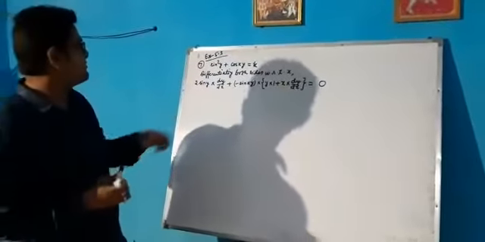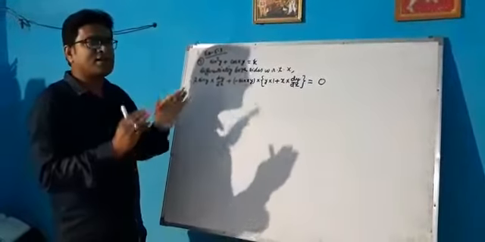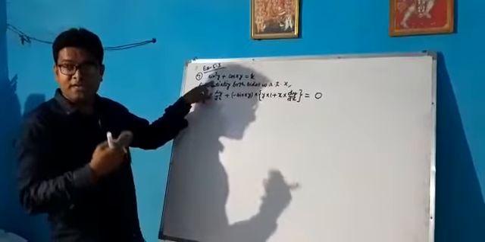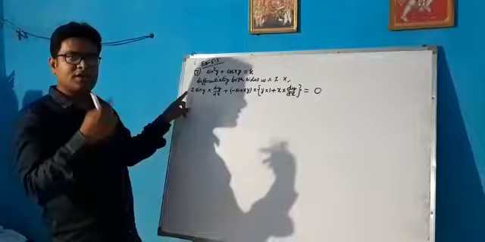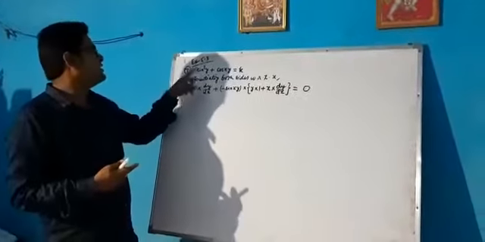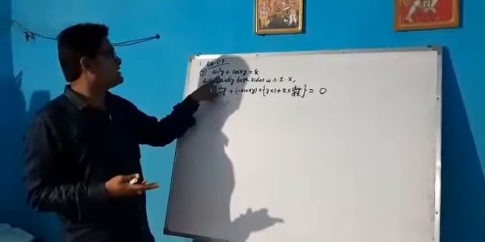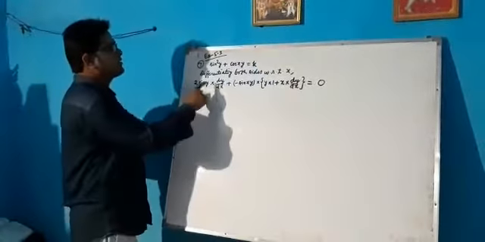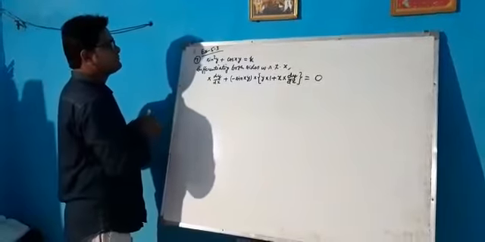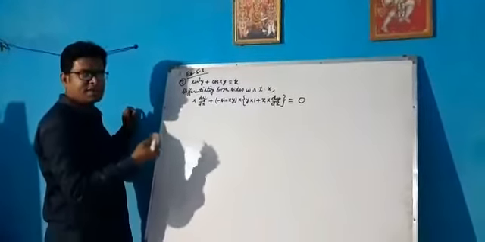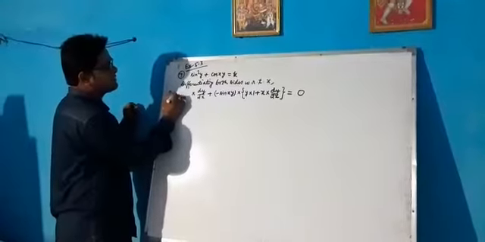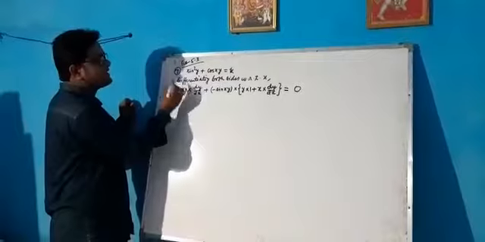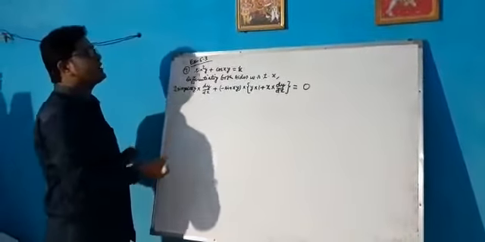Again I am repeating how I have done here. Sin square y is sin y whole square, so sin square y is a function of sin y. So derivative of this is 2 sin y. Then sin y is a function of y. Derivative of sin square y is 2 sin y, and derivative of sin y with respect to y is cos y. Then derivative of y is dy by dx.